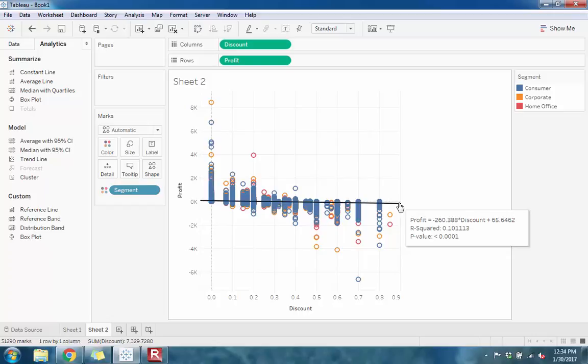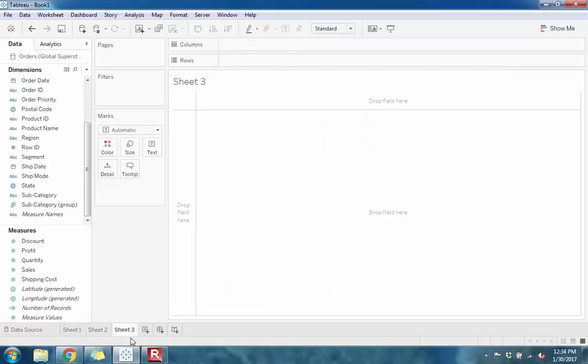So this is really kind of helpful to have this trend line. So let me just take it out. Now let's see what else we can look at. Now we can actually go ahead and explore line graphs. So I will add a new sheet and we can look and see what we can do using Tableau with